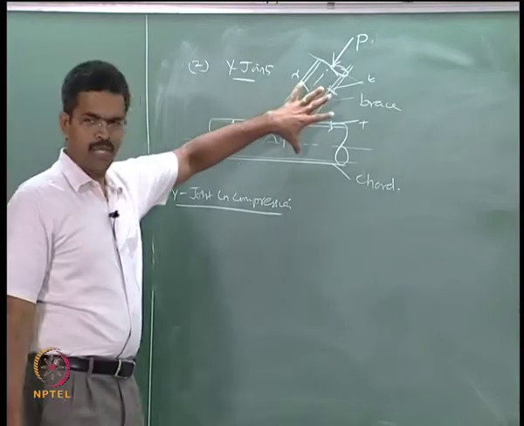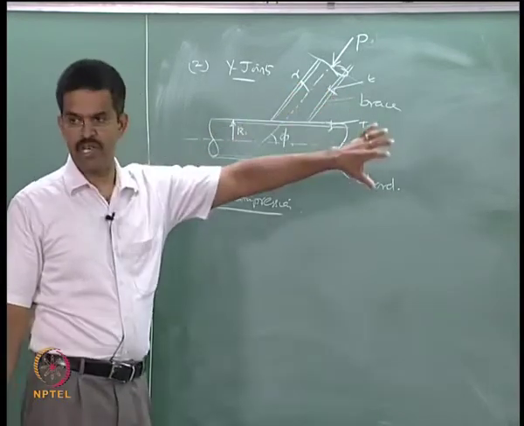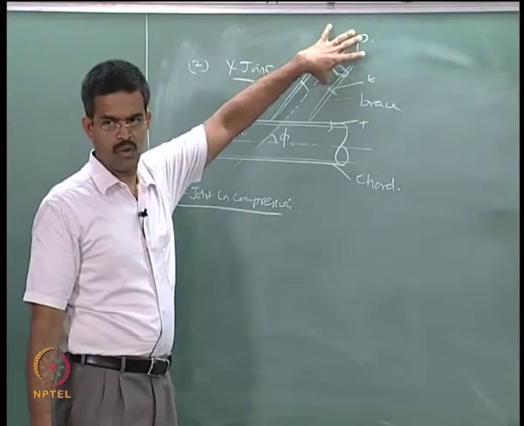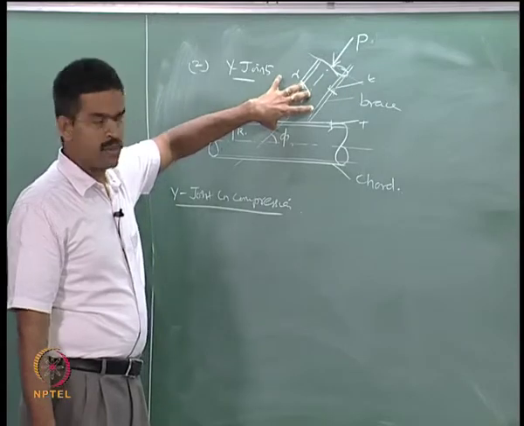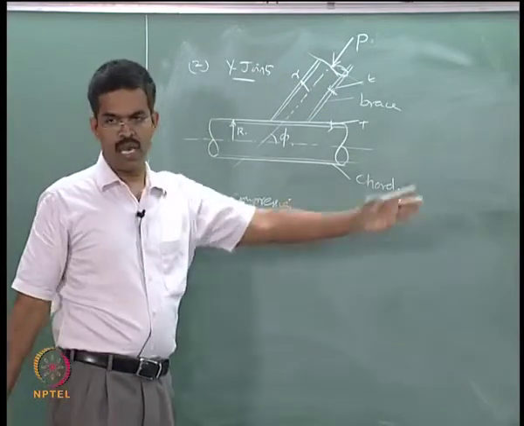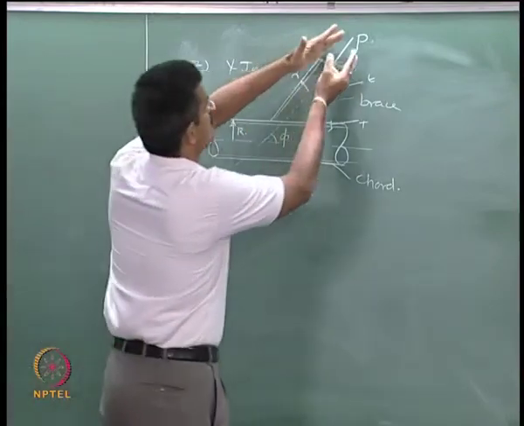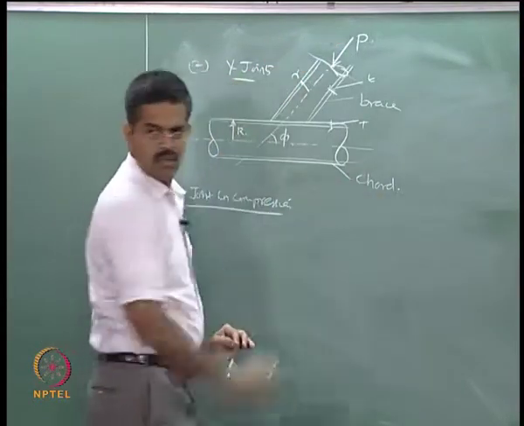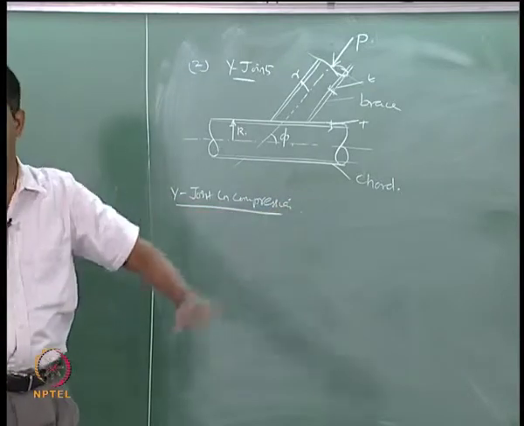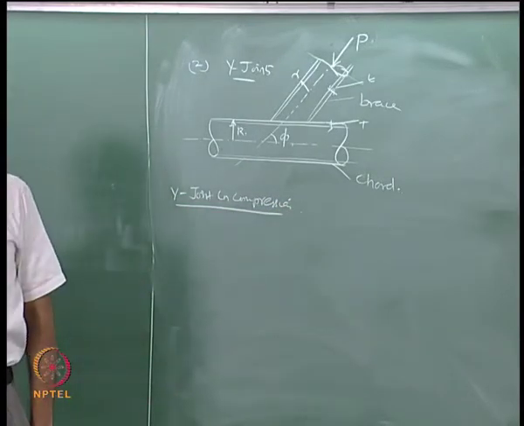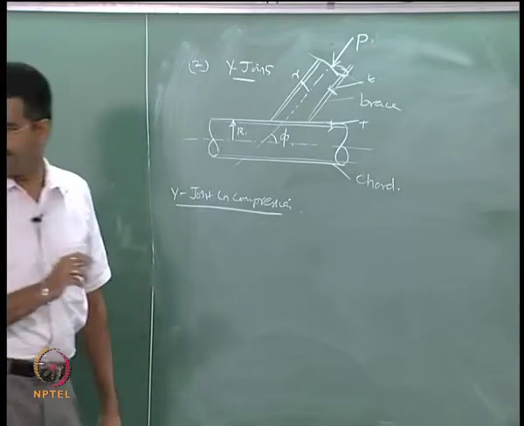Y joints will behave typically the same as T joints, provided I convert the force or load applied on the joint to the normal to the direction of the axis of the chord. I equally convert this to normal to the axis of the chord. I can apply whatever equation I had for T joints directly to my Y joint also. So, in that case I should say